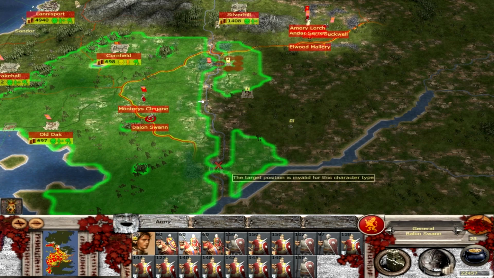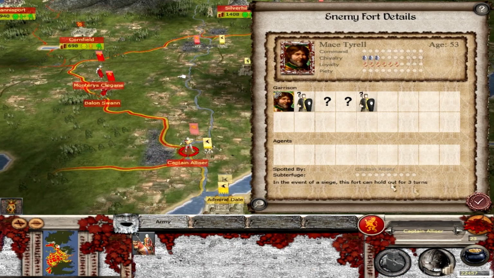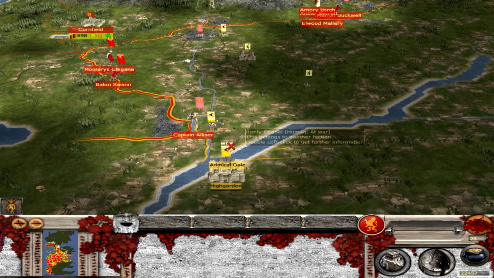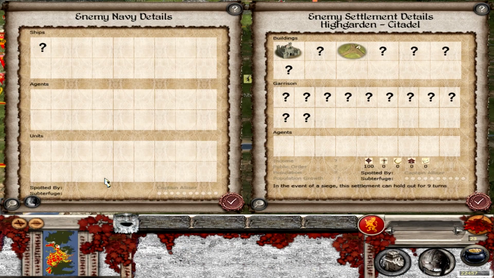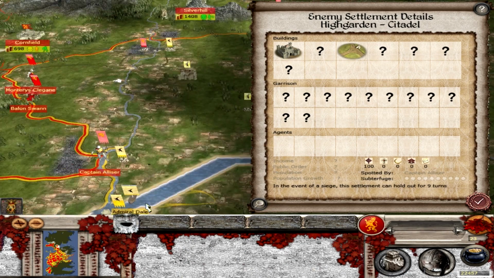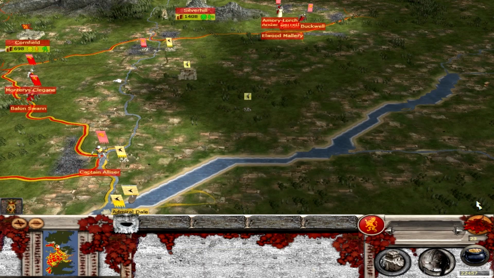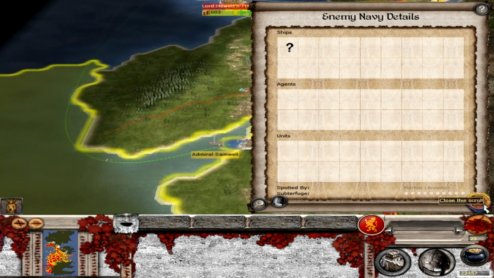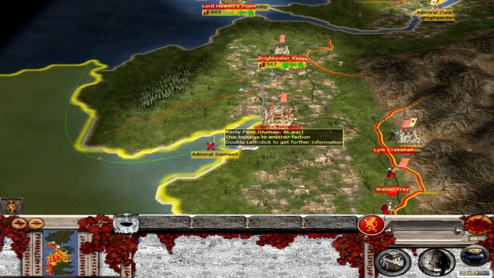But as it is, they have forted off this shoreline, so I won't be able to cut off Tarly's retreat if he needs to. And they've stationed that sailor very well at that position. Now they left the galley here, so I can only assume that, because the admin had to sub Renly